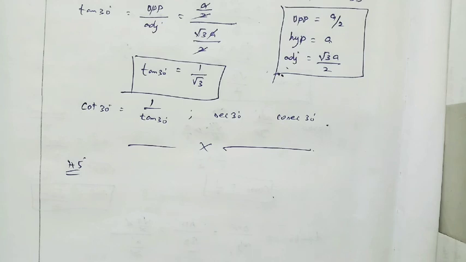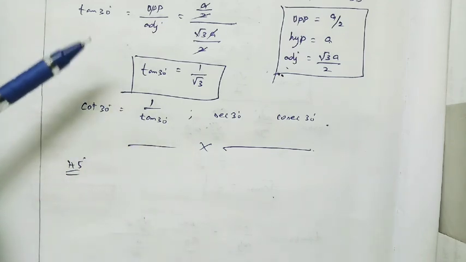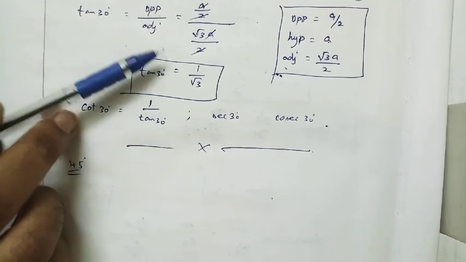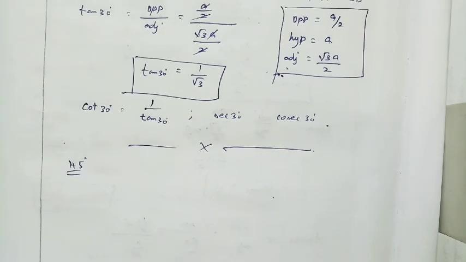For this year they have deleted only the derivation part of 0 degree and 90 degree. We only need to know 30, 60 and 45; we don't have the derivation for 0 degree and 90 degree. If you need it, no problem, we will see it in the class. That is also very easy.